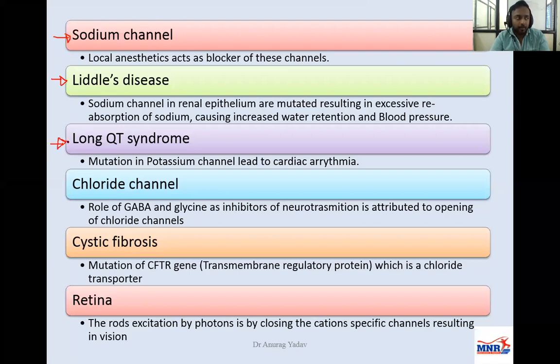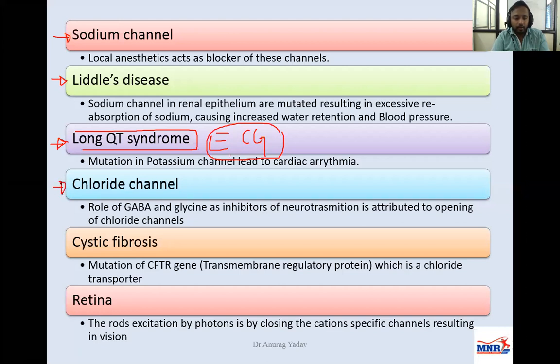Potassium channel defect: if there is a defect in the potassium channel, then you have long QT syndrome, as I also mentioned. These are terminologies, don't worry if you don't know what they are. When you go through the course, you will come across all these terminologies. QT comes on the ECG, which you will be learning in physiology in great detail. How the ECG appears, what the leads are, those are specific details you will learn.